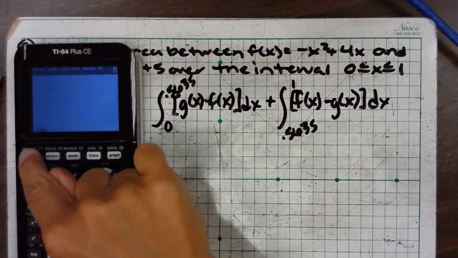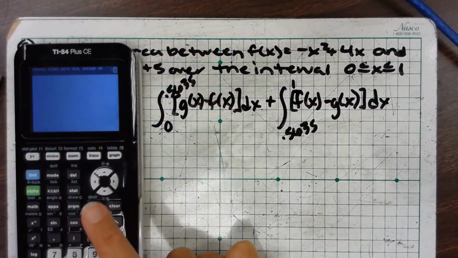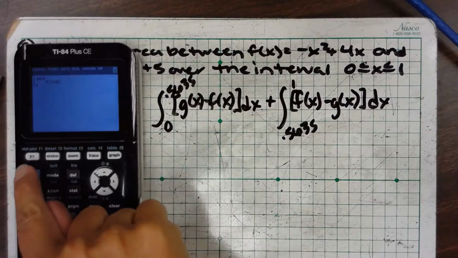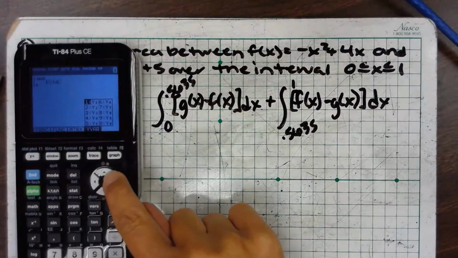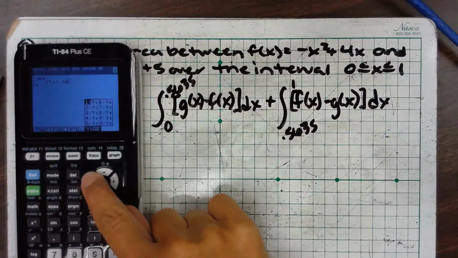I'm going to say alpha y equals, and I'm going to integrate from 0 to 0.5635. G of x was the second one, so I'm going to say alpha y equals and go all the way to here, and it's y2 minus y1, and actually,